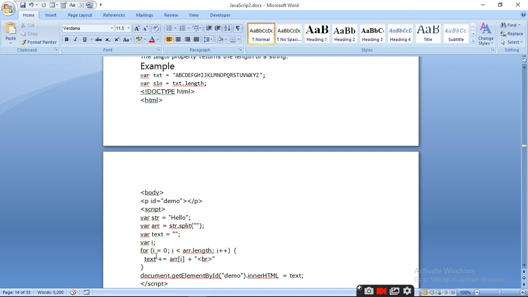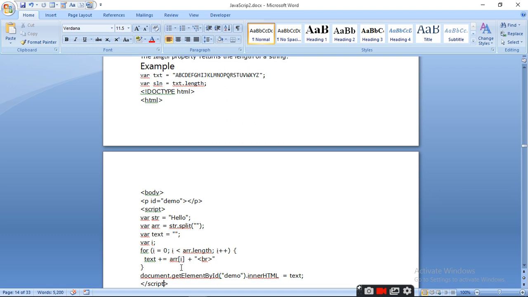A for loop starts by 0 because the array's initial index is 0. i is less than the arr length, and now arr length for hello, how many characters? 5, and it will take 6 because each string contains an end character at the end of the array of your string, and then i plus plus.